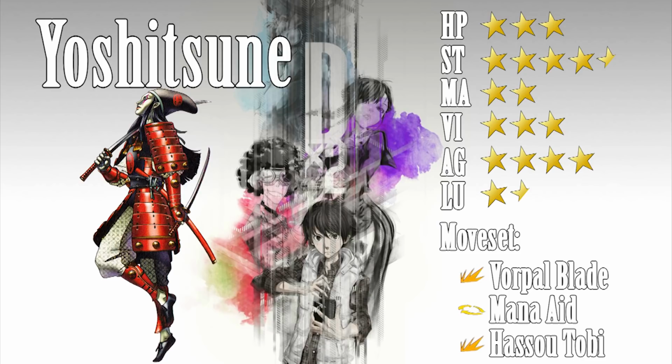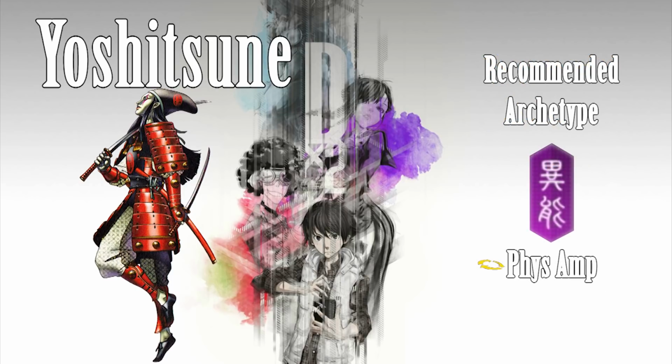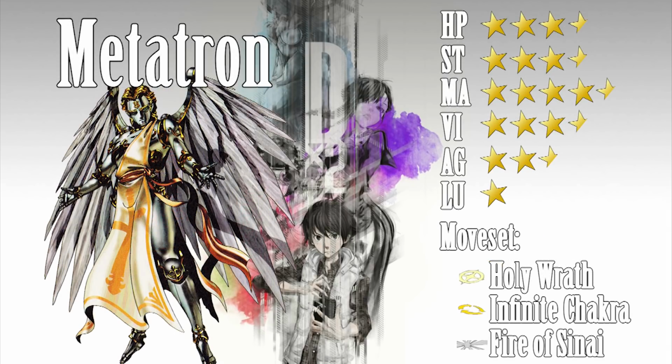Hassoutobi, which inflicts 8 attacks randomly to the enemy team. Ideally, the purple archetype will give it physical amp, which will increase physical damage by 25%, perfect for inflicting a devastating Hassoutobi. Metatron is a magic powerhouse with an incredible amount of resistances, such as fire, ice, electricity, and force,